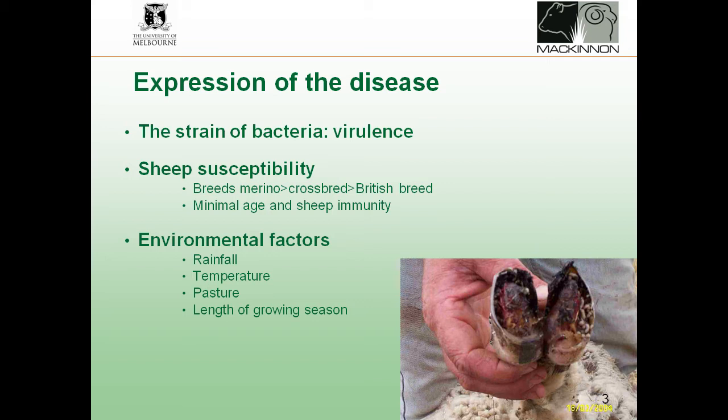But the reality is the big part of the spread happens in spring, and typically from August onwards things start to move as it warms up a bit, with a daily temperature of 10 degrees Celsius. And obviously footrot can spread further in a wetter area with a lusher, longer growing season, where the disease can look worse. Even the lower grade strains start to look worse down in southern areas, whereas up in the north it doesn't look bad because the growing season's shorter and it just doesn't have a chance to express itself fully.